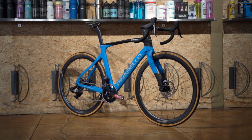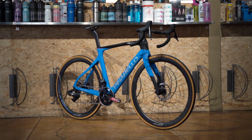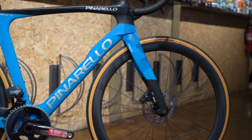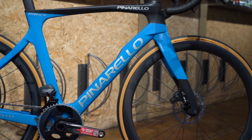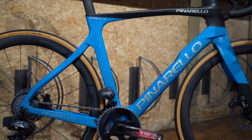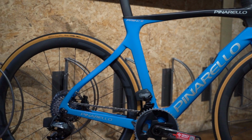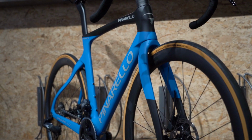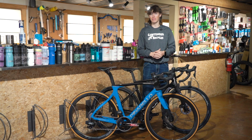This is the Pinarello Prince. The Pinarello Prince is one of the more snappy and maneuverable bikes on this list, with one of the shortest reaches, but also one of the highest stacks. So it is kind of an opposite to the Teammachine, but it is still a super awesome bike. In a size 56, it has a 388 millimeter reach and a 586 millimeter stack, which does make it